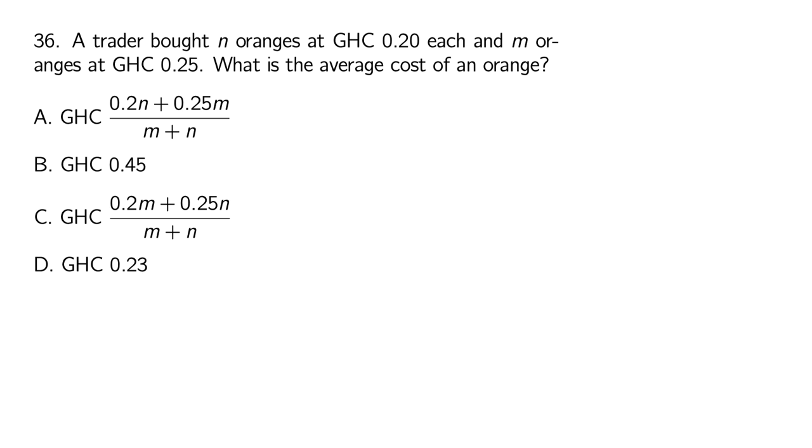The next problem is 36. It says a trader bought n oranges at 0.20 Ghana cedis and m oranges at 0.25 Ghana cedis. What is the average cost of an orange? We can first find the total cost of all the oranges and then divide by how many oranges there are. If he bought n oranges at 0.2 Ghana cedis, then the total cost of those oranges is 0.2 times n. And then he bought m oranges at 0.25. Now we are not told if this is 0.25 each,